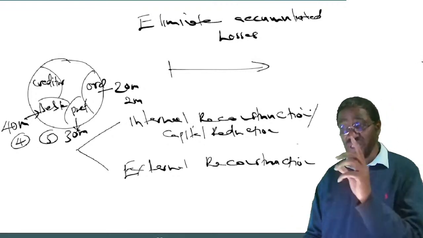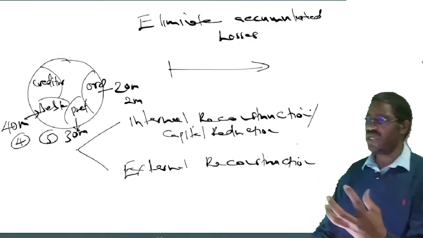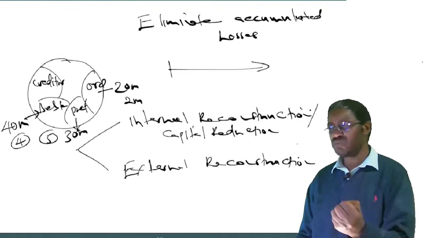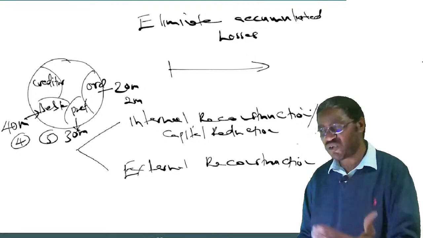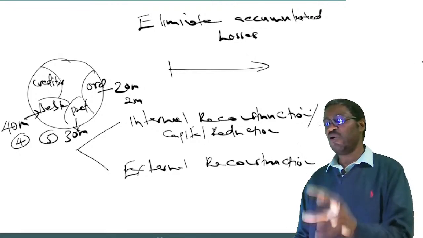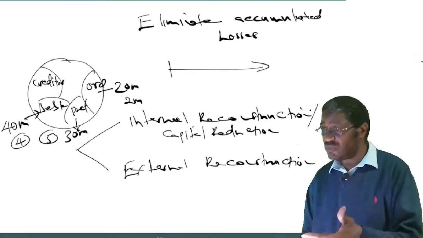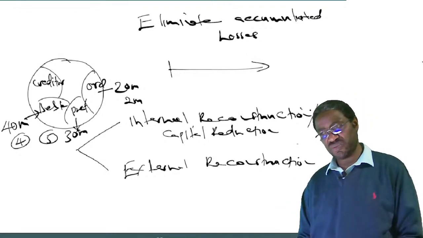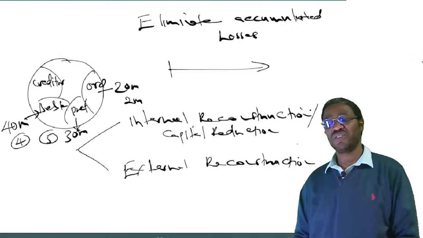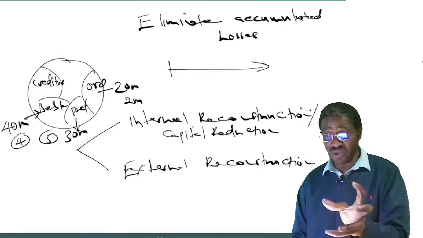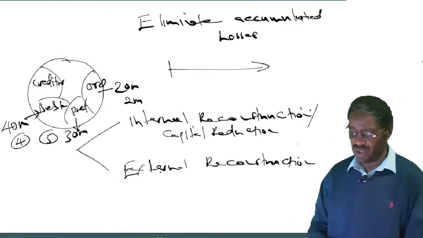That's another name for internal reconstruction. Listen, the stakeholders will come up with a scheme of capital reduction. They have to develop a scheme of internal reconstruction, which we are also saying is a scheme of capital reduction, where the aim is to reduce the capital of the company, so that they help the company eliminate the losses.